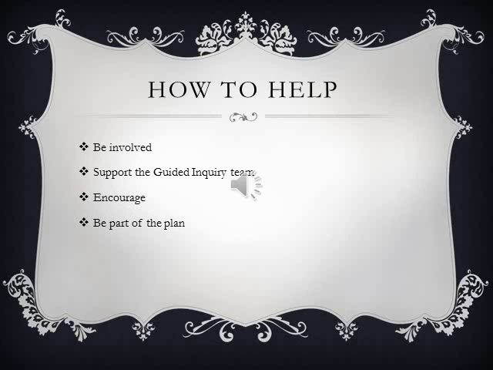When a person doesn't understand what information literacy means, and doesn't understand what guided inquiry means or what it can do to help, the first question that comes to mind is, well, how can I even help when I don't even know what this is? The best way to help a child who is trying to become more information literate, or an adult in the same circumstance, the best way that you can help is to be involved. Encourage them. Help them. Be a part of the progress.